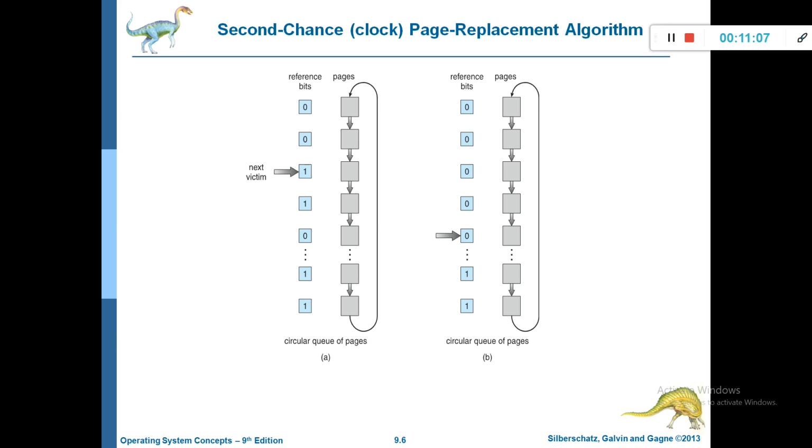and go for replacing the next page in memory. That shows in the figure: in the circular queue, page A has bit 1, and for page B it is going to be set to 0. The 1 is changed to 0 here. In this way we are going to change the victim pages. These 1s are replaced with 0, and we have selected the next page as the victim page to replace.